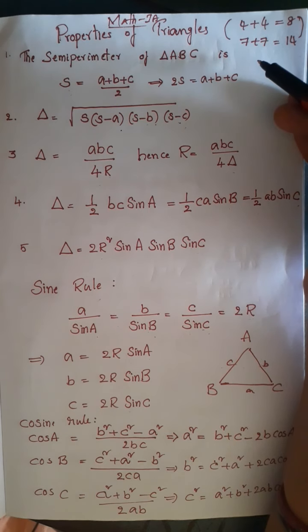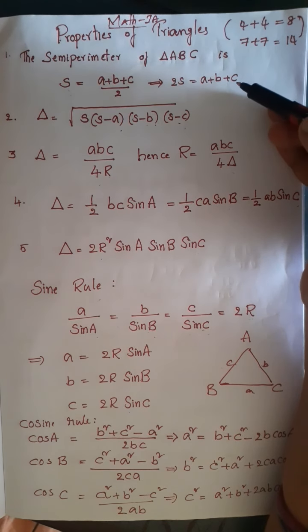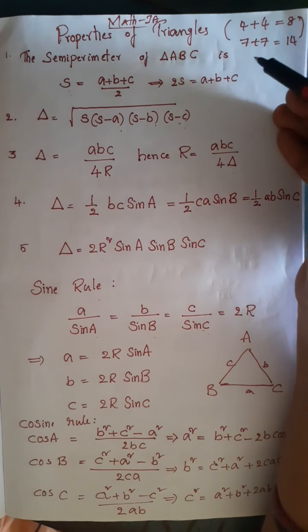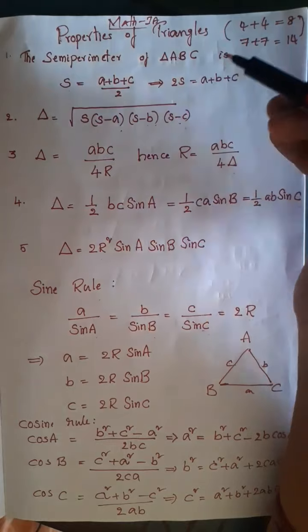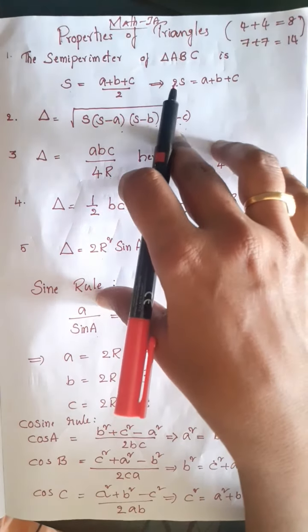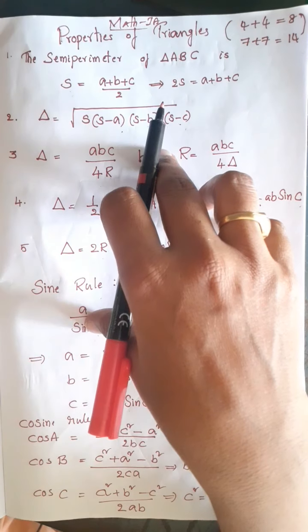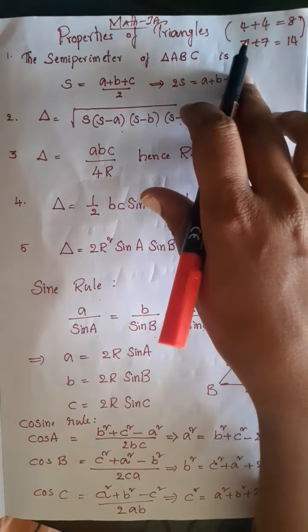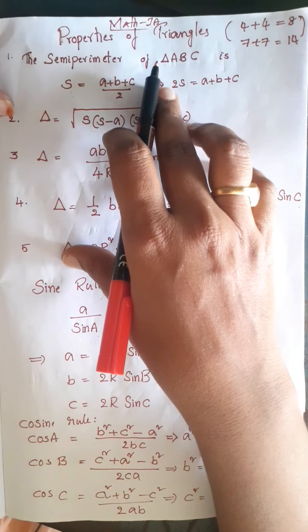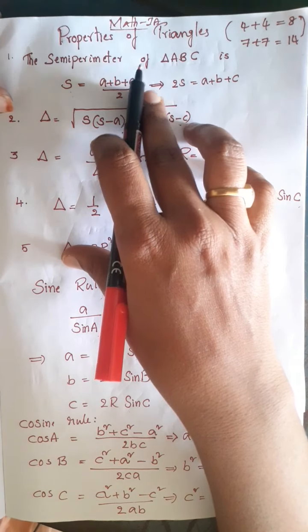Why? Because we have a smaller number of questions, and there is a chance to get 2 4-marks and 2 7-marks questions from this unit. If you learn matrices perfectly and this unit perfectly, you can easily attempt all 5 questions of 7 marks and all 5 questions of 4 marks also, right? So learn properties of triangles properly. Put in 1 day for this unit and learn it.